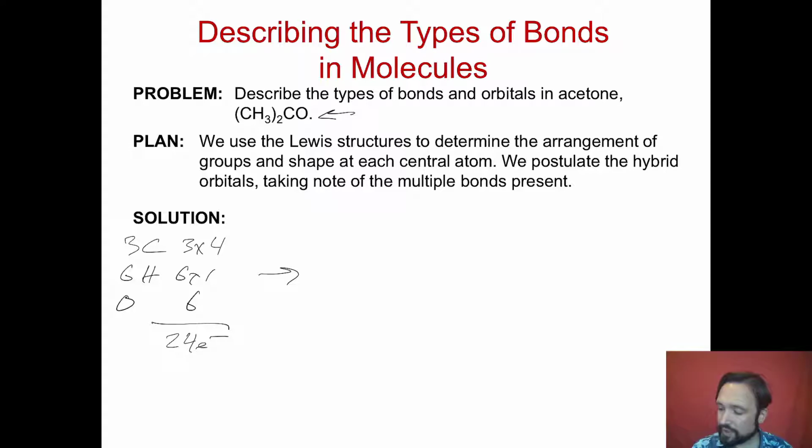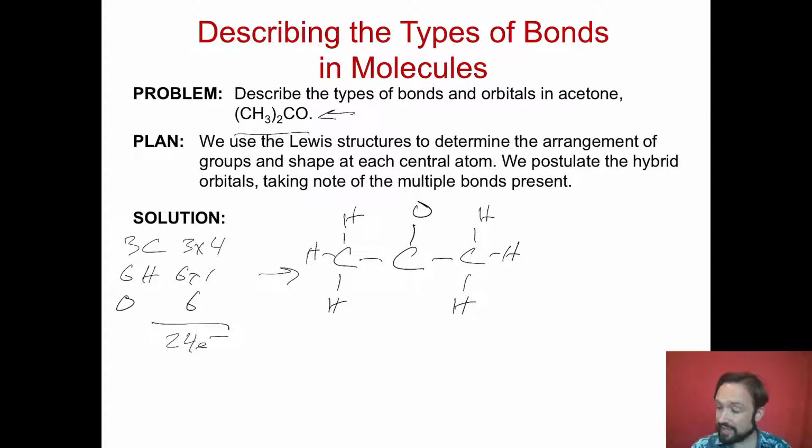We're going to start by putting 1 carbon in the center, and because of how this is written up here, we're going to put 1 carbon on one side, 1 carbon on the other. Those carbons are each going to have 3 hydrogens because we see those in the group in the condensed molecular formula. And then we've only got 1 carbon that doesn't have a full octet. We're going to attach the oxygen to that and check how many electrons we've used up. We got 2, 4, 6, 8, 10, 12, 14, 16, 18. 18 so far,